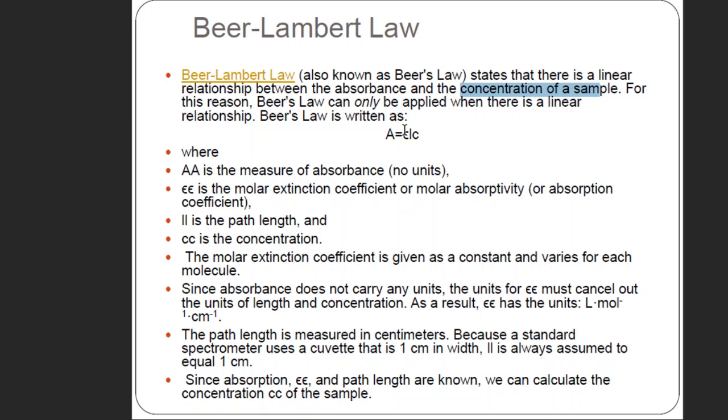So Lambert's law says the absorption is directly proportional to the path length, and Beer's law states absorption is directly proportional to the concentration. And this proportionality is replaced here by a constant, the molar extinction coefficient epsilon. So in summary, Lambert's and Beer's law state that the degree of absorbability of any compound or solution depends upon the path length and concentration of the solution. Is it clear?